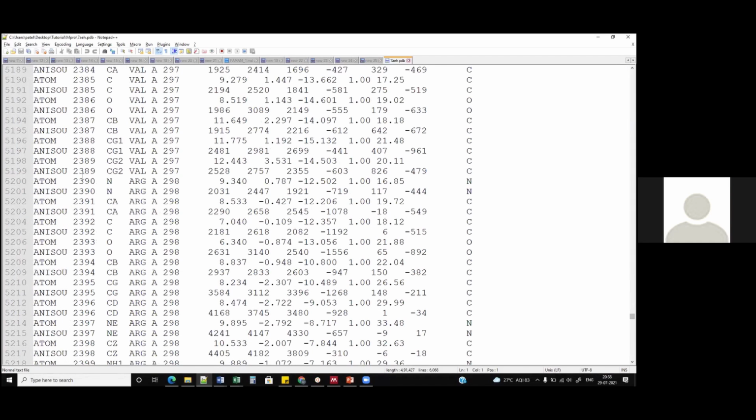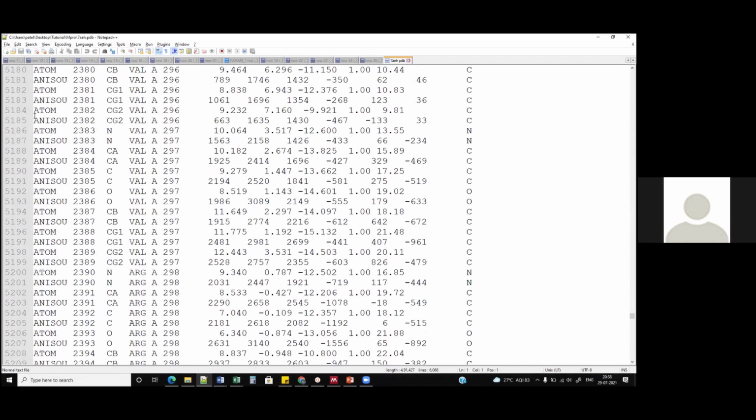I'm not taking the luxury to explain the PDB file format over here, but I will explain one line. Over here you can see this is atom information. This is the number of the atom, the actual number. This is the kind of atom, that is a C alpha in this case. It is of a valine residue, from chain A. This is the number of the amino acid, so it is the 296th amino acid, which is valine in our case. And these are the three XYZ coordinates, so it's a Cartesian coordinate system, wherein you have three values. When you open this in any visualization tool, you will see the dot, or the location of that atom, in that visualization.